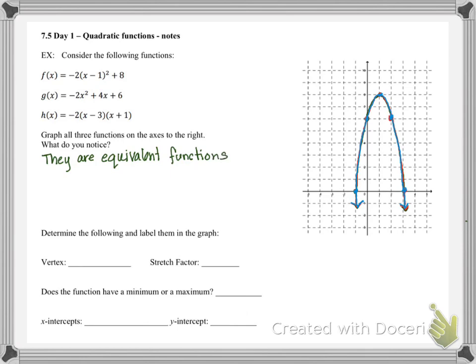Which means that the solutions to one are solutions to the other. So if an ordered pair satisfies one of those functions, then it will also satisfy the other two. These are the different forms we can put the same function in, and each one of them kind of tells us something a little different about the parabola. So if you look at your graph, when we graph